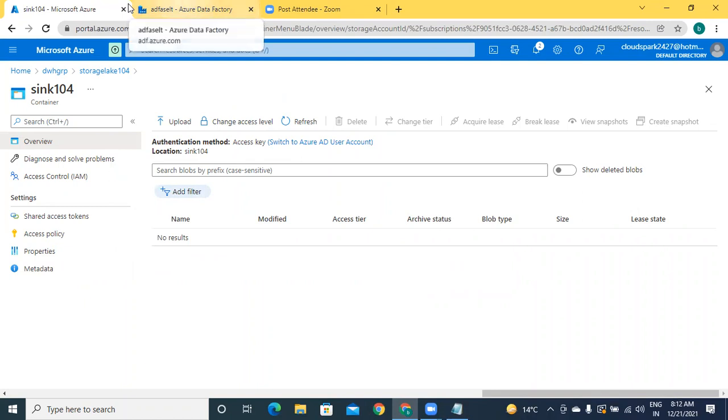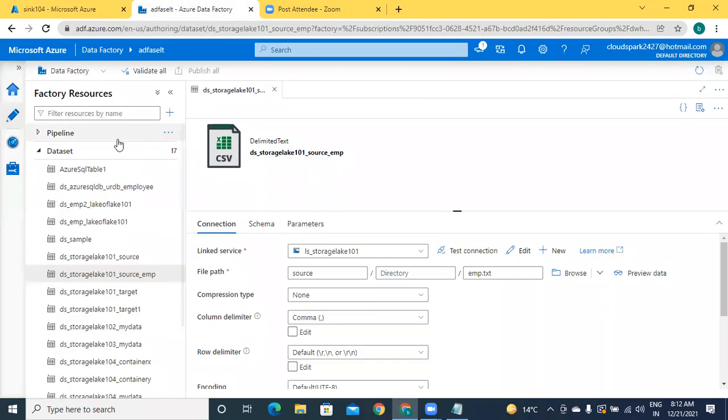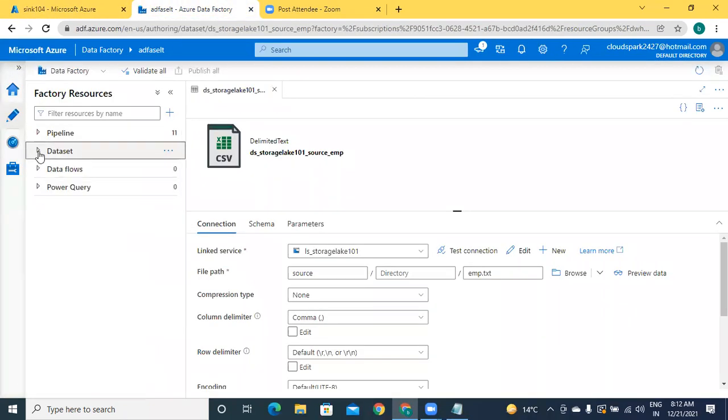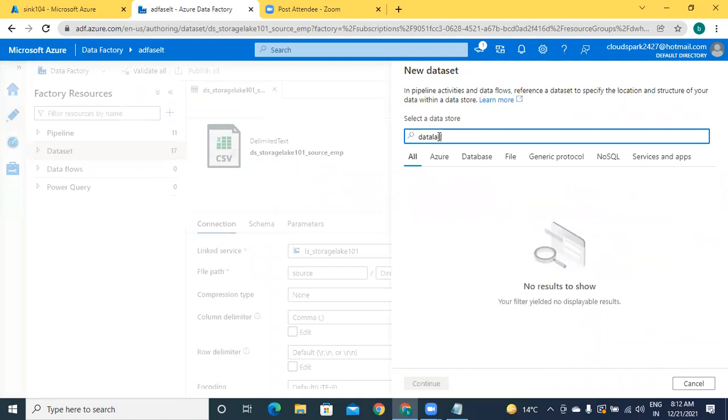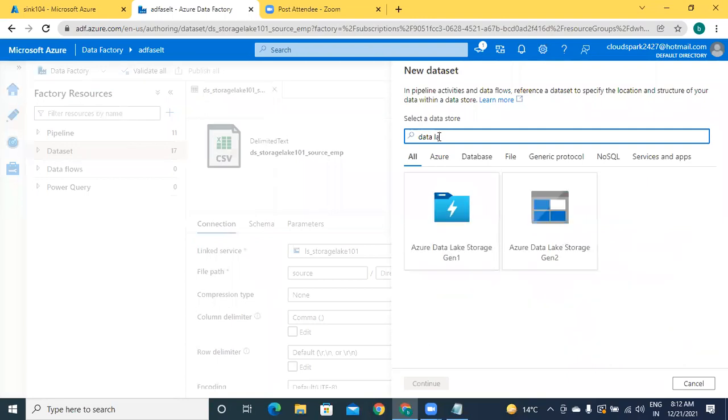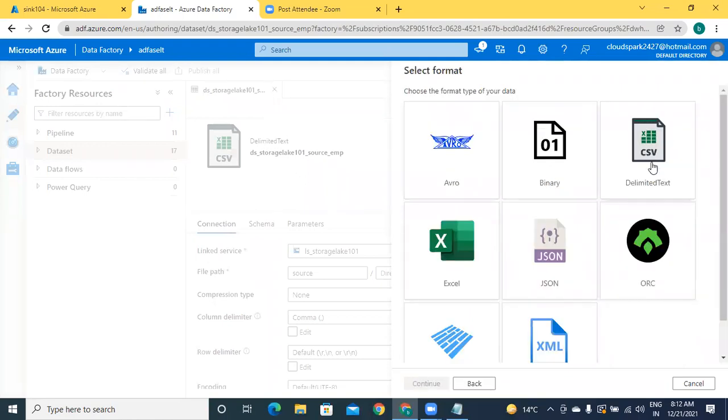Come to Azure Data Factory. I'm going to create a new data set. Your data object is in Data Lake Gen 2. Click on continue.